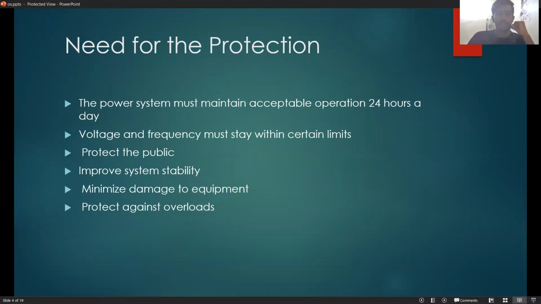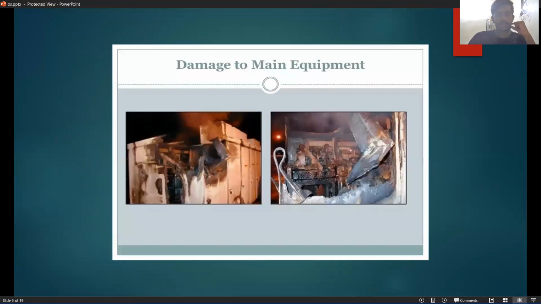So, the need for protection: the power system must maintain acceptable operation 24 hours a day. Voltage and frequency must stay within certain limits. Protect the public. Improve system stability. Minimize damage to equipment and protection against overloads. Damage to main equipment may be severe if the hard disks fail and the servers may blast